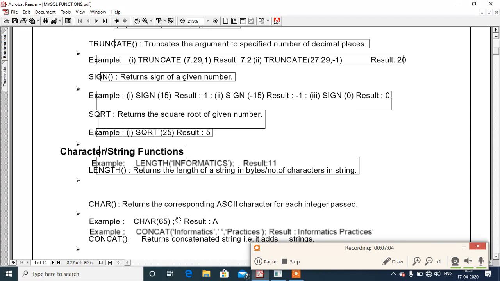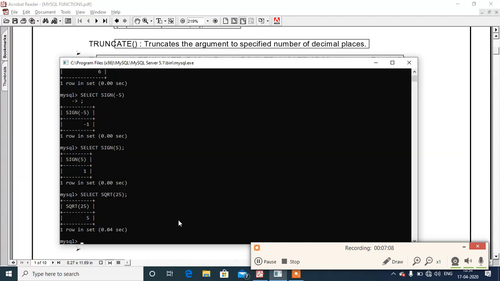Length function returns the length of a string in bytes or number of characters in a string. So for example, if we write select length, in bracket we have to pass a string value, so I am passing here army public school.